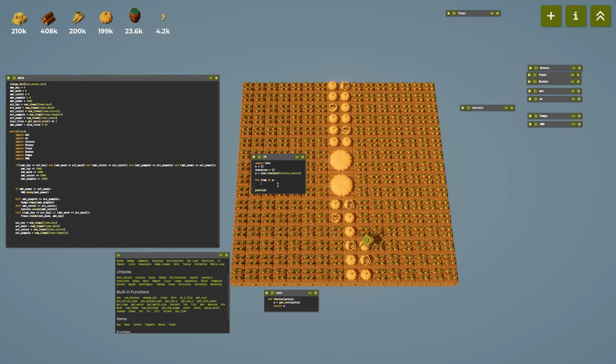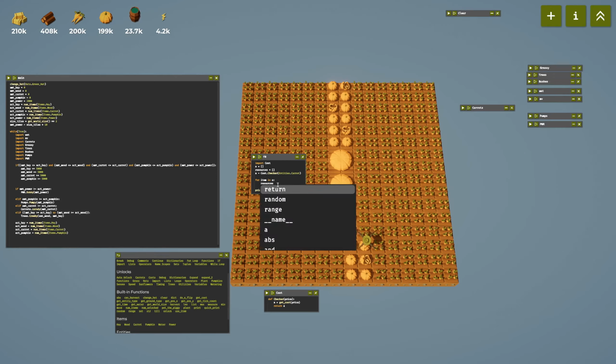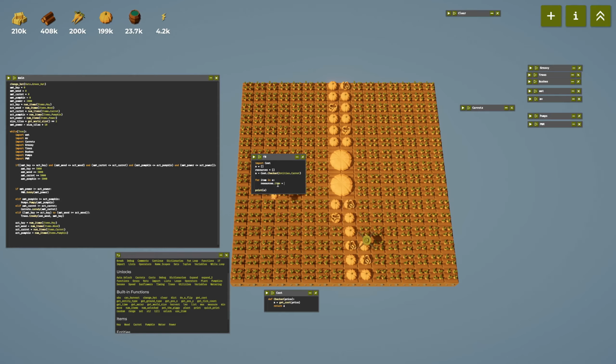And then I want to basically go resources.item equals a.item. And I believe that will fill the list. And then if I print resources,